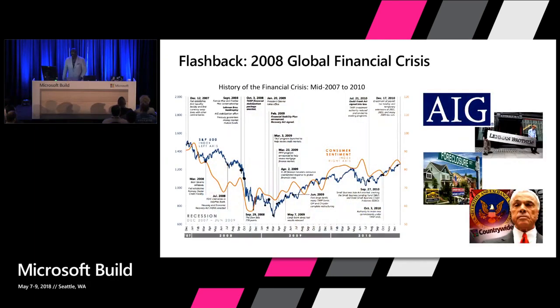So just a little context, right? We flash back 10 years ago, maybe even go to mid-2007. You think about what happened in mid-2007, the crash started to begin. The Feds started to raise rates, and then all of a sudden you started to see firms like Bear Stearns and AIG go out of business, foreclosures happened, TARP and all that. But that's just the storyline. What we really saw underneath this, and again, it's important to understand the context, is what we call the four horsemen. These are the four horsemen that really led to this, and then we'll slowly tell the story of how we got there.